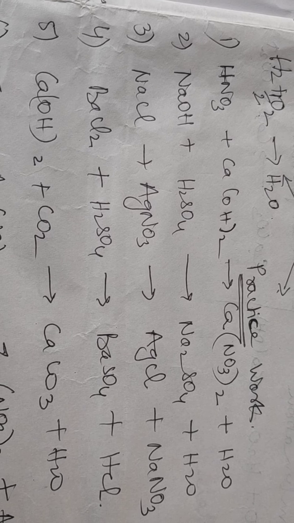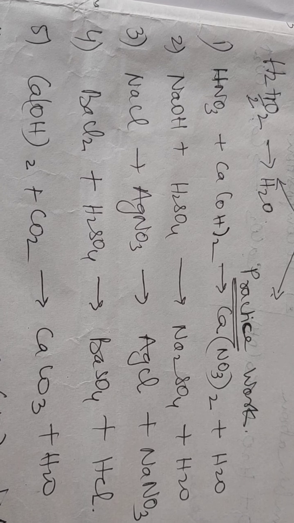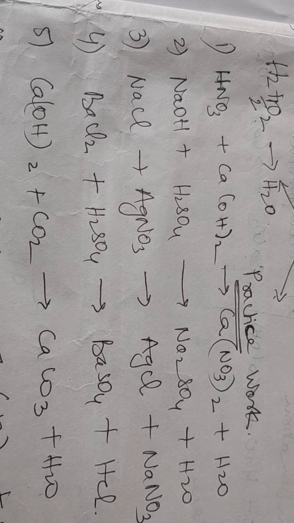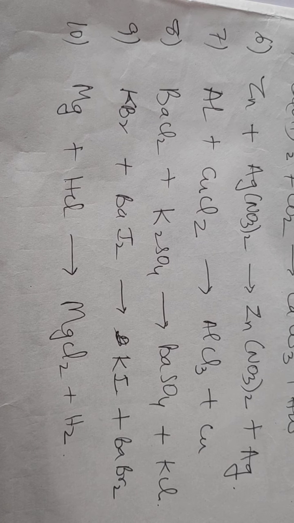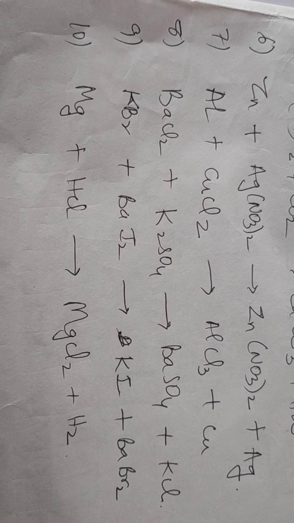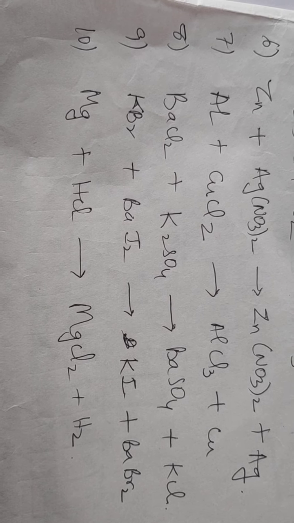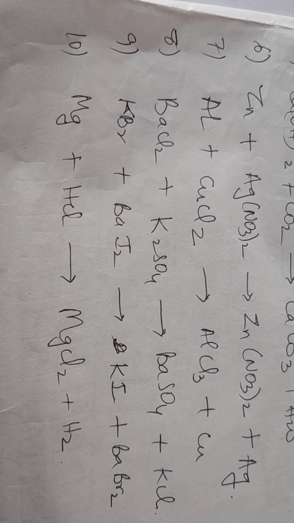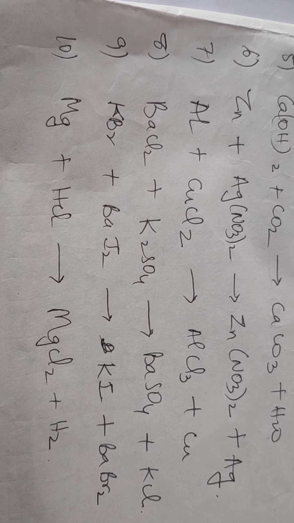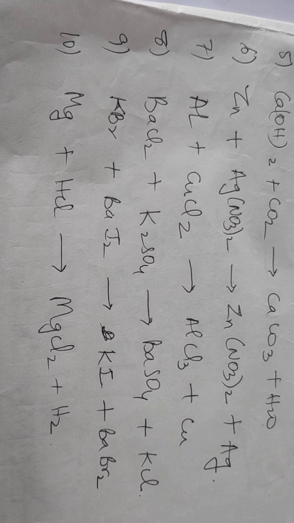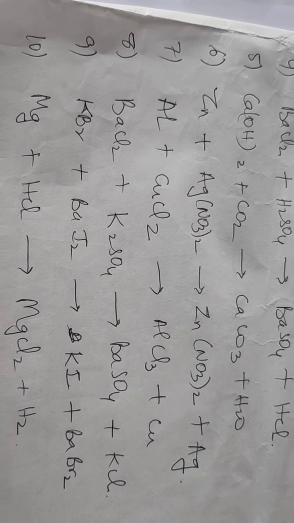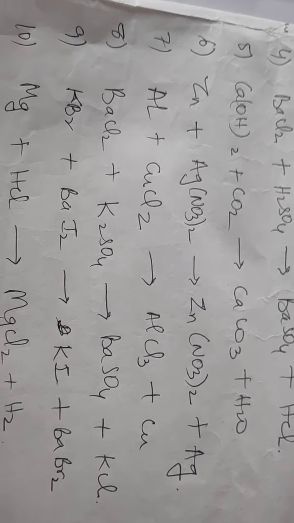I am holding it for a second so that you can note it down. And these are the remaining 5, 6 to 10. Did you get it? Okay. So this is your homework. All the 10, you try to balance. Now it is possible that certain equations are already in a balanced form. Some are not. So you try to see and balance them out.